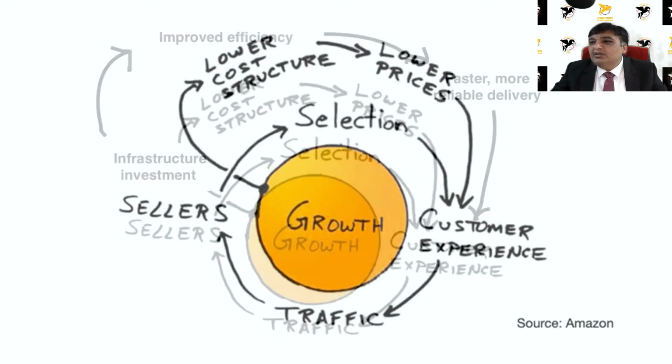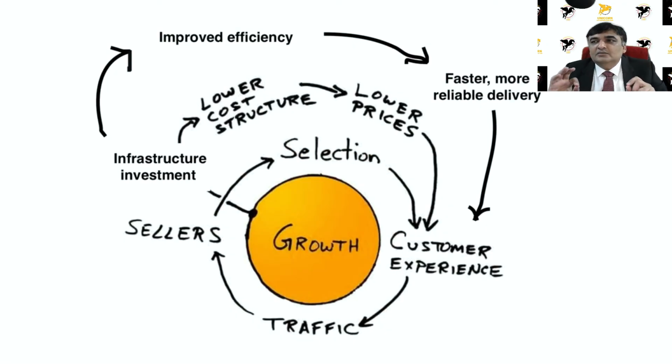They did something else: they invested in infrastructure. They hired godowns, they took some godowns on rent, they improved their service delivery, and with this improved efficiency, their delivery was faster, it was more reliable, they were keeping the deadlines, they are delivering before the promised dates. So what it again did was it increased customer experience, resulting in more traffic, and everything is getting accelerated.